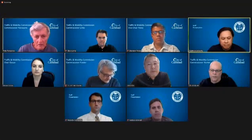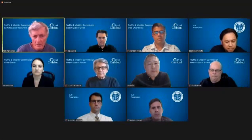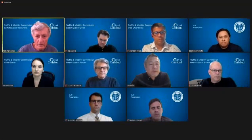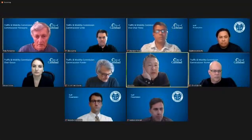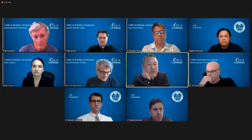I believe it's 35. 40. The 40. It's 40. Is it possible that installing these signs would allow you to reduce the speed limit again to 35 or so? We'd have to look at where the existing speed surveys for that speed zone were collected, and whether or not the signage that we place has any effect on that location,